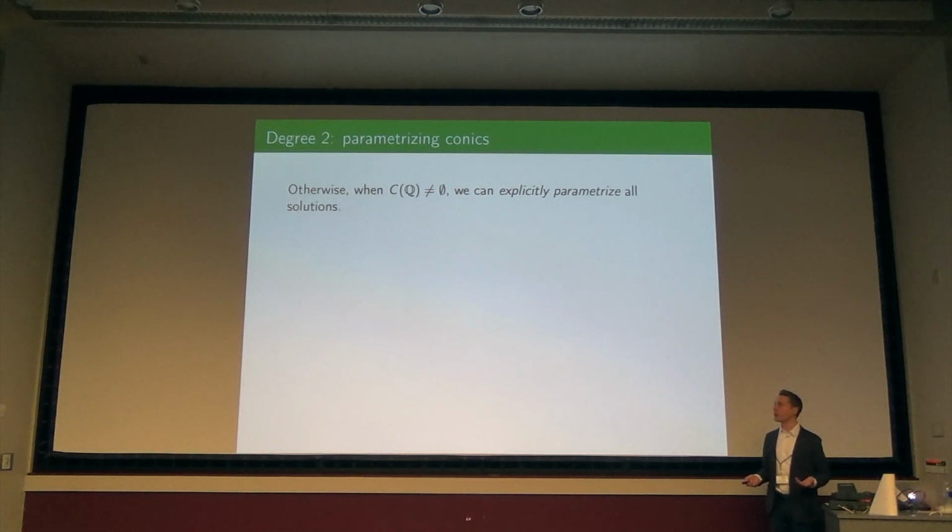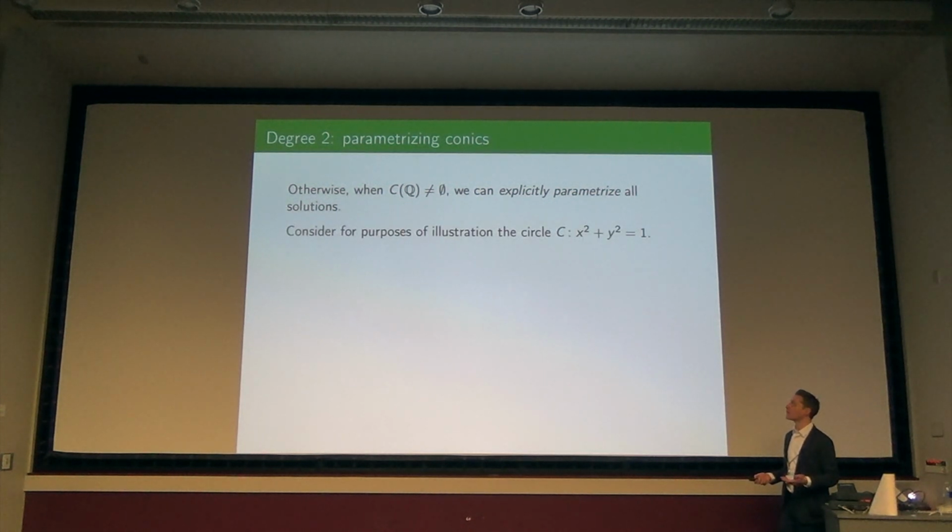All right? So when I say parameterization, well, let's consider, for purposes of illustration, the circle. That's already a good... How do you find all the rational points on a circle? Have you guys done this before? You seen it before? Yes, no? Okay. Well, all right, you can see it again if you have, and if not, boy, am I glad to be the person to tell you. Okay. How do you parameterize the circle?